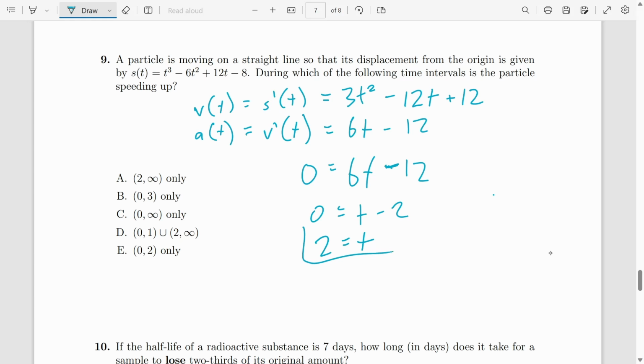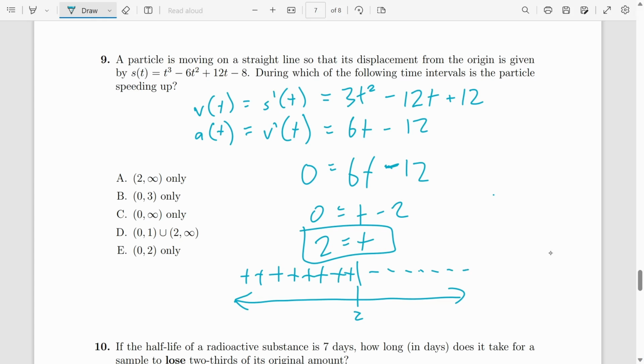So what this t equals 2 means is if we draw a number line like this, and we put 2 right in the middle, it means that this is like a divisor where everything on one side is going to be speeding up and everything on the other side is going to be slowing down. So now we're in this position, and what we can do to find which side is speeding up and which